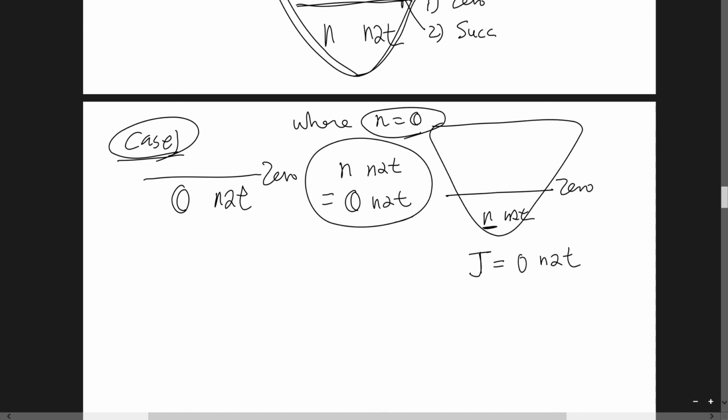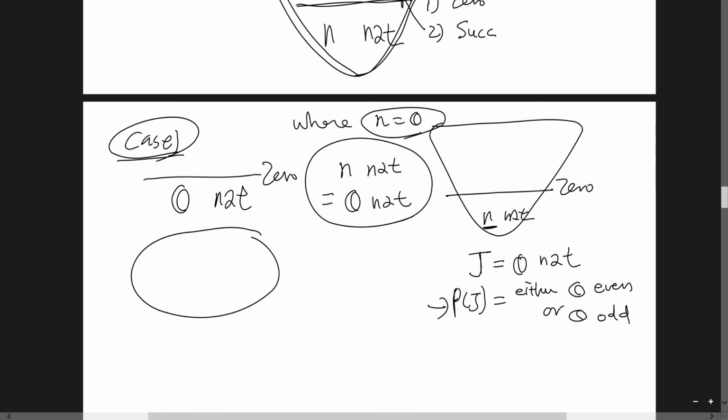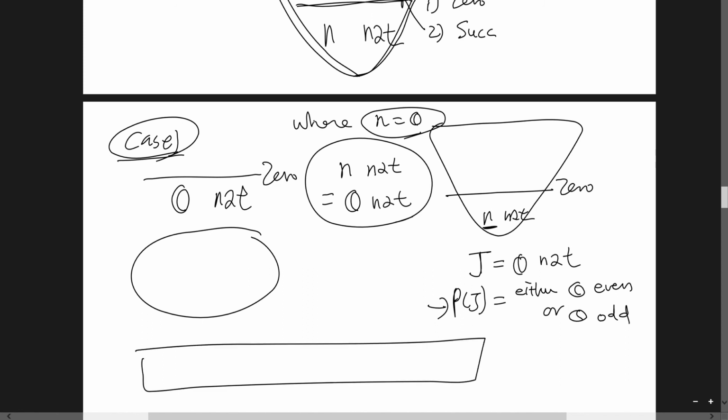So therefore, P of j is either 0 even or 0 odd. So this is what you want to prove. So whatever comes here should lead to the conclusion that we are expecting, which is either 0 even or 0